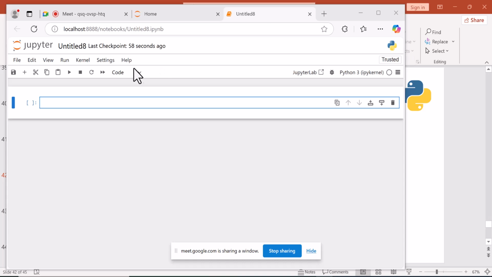You can see this showing on title 8. Last checkpoint, that is 1 minute ago. You can see we have file, edit, view, run, kernel, settings, app. You can see Jupyter Lab, Python, and the like. Then when you go down, you see this is for save. Then when you want to add a new cell where you type your code,